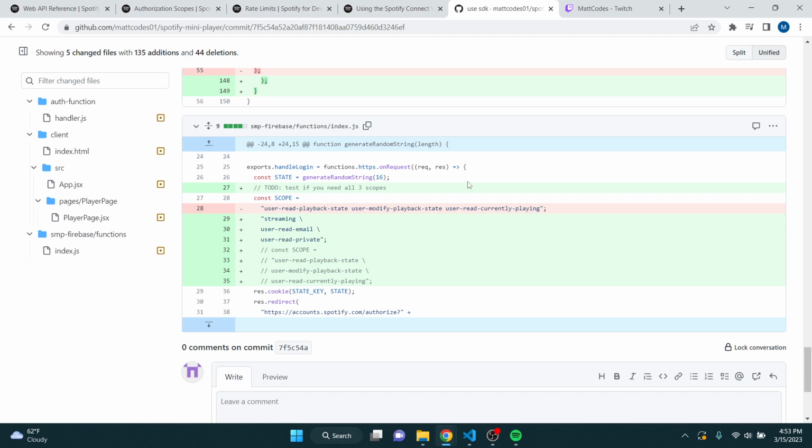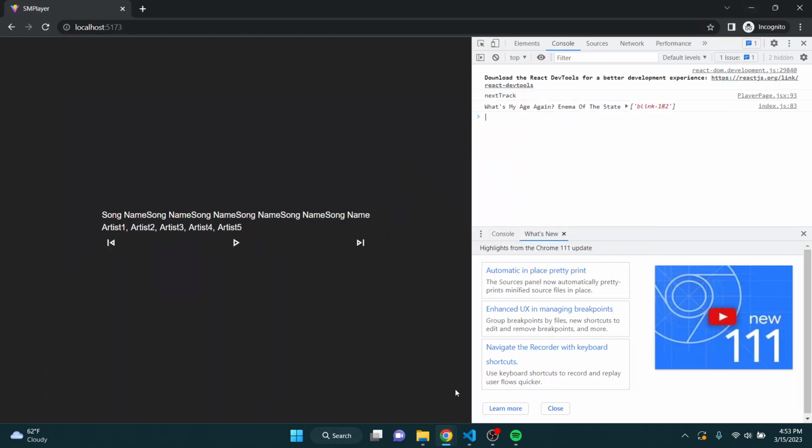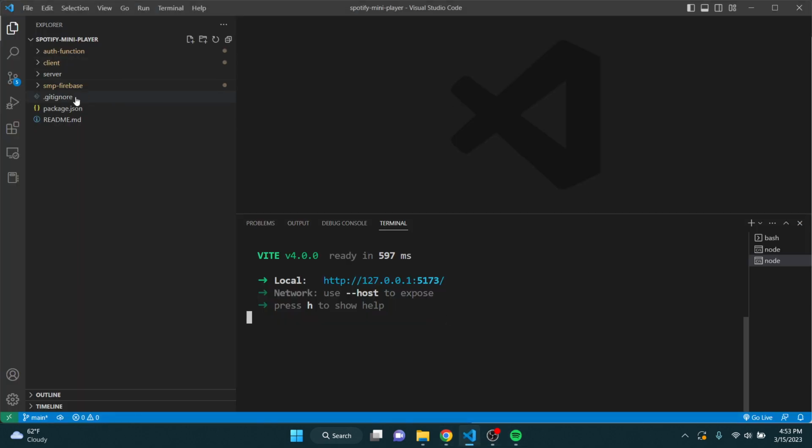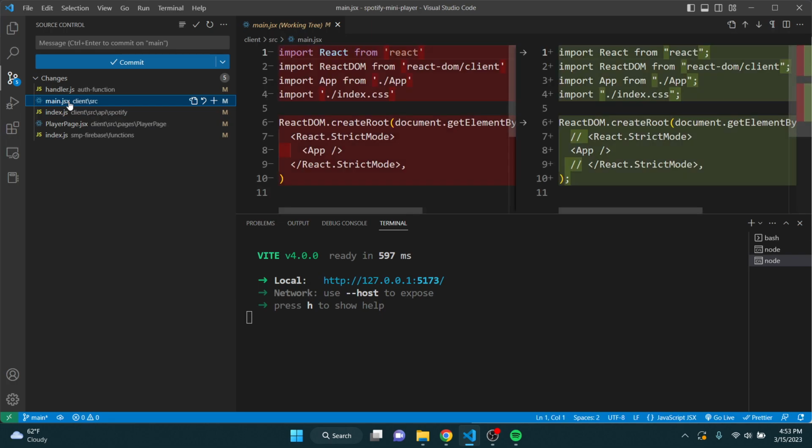One thing I did have to do though, I don't have it here, do I? Yeah, I don't have it here, so I'm going to close this. That was that, adding the SDK. And then the other thing I had to do to get it to work was I had to turn off strict mode. And strict mode is, I believe, something that